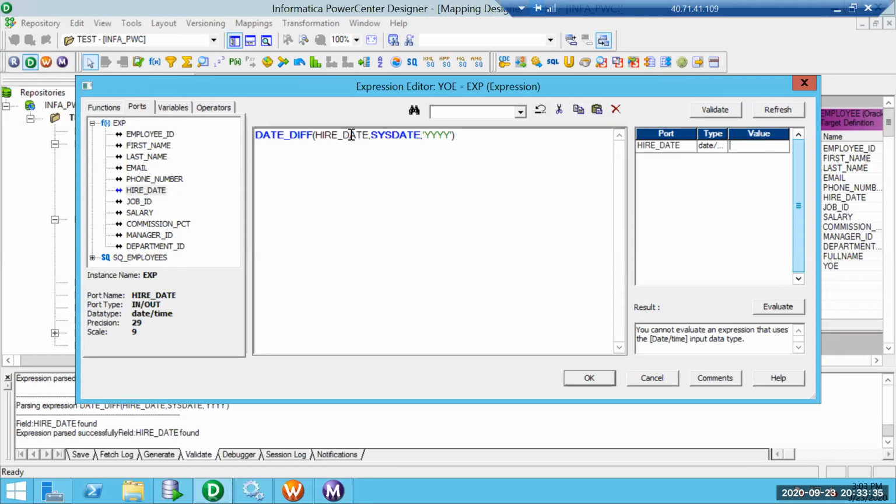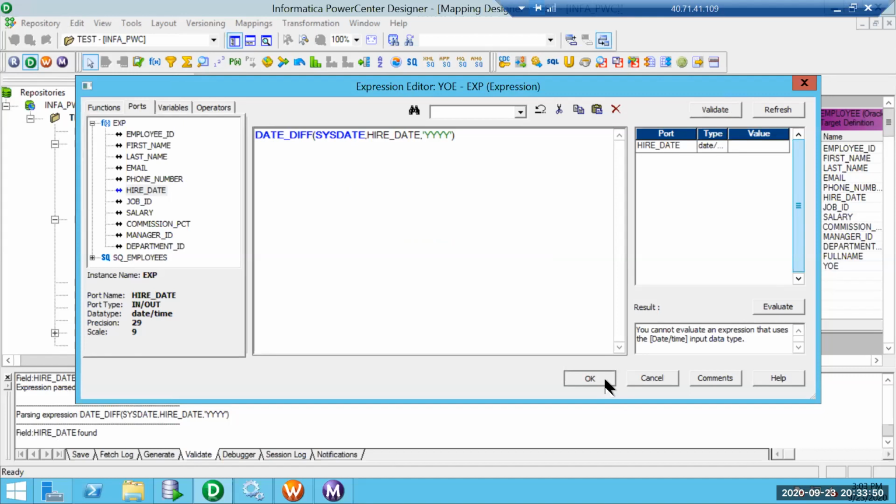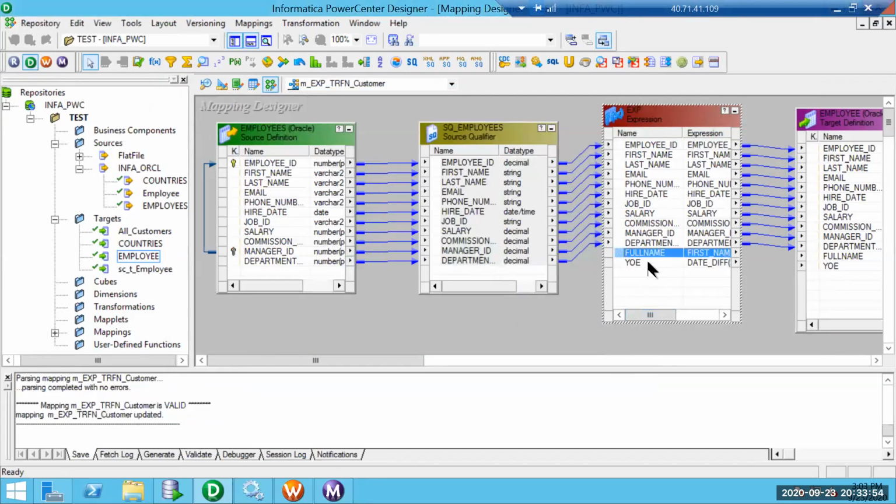Let me tweak this. I want to subtract hire date from sysdate. Perfect, it is validated successfully. I'll just map these two ports from expression to my target table.